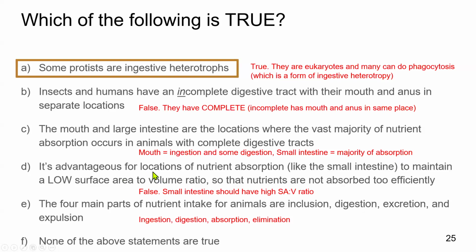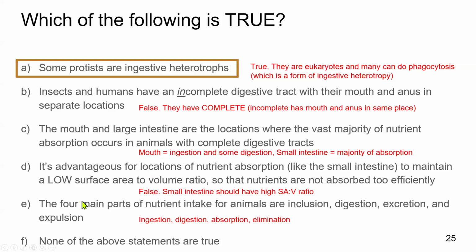It's advantageous for locations of nutrient absorption to maintain a low surface area to volume ratio. No, that's false. They should have a high surface area to volume ratio so they can absorb nutrients much more efficiently. Have a high amount of surface area so they can move lots of nutrients very efficiently across their cell